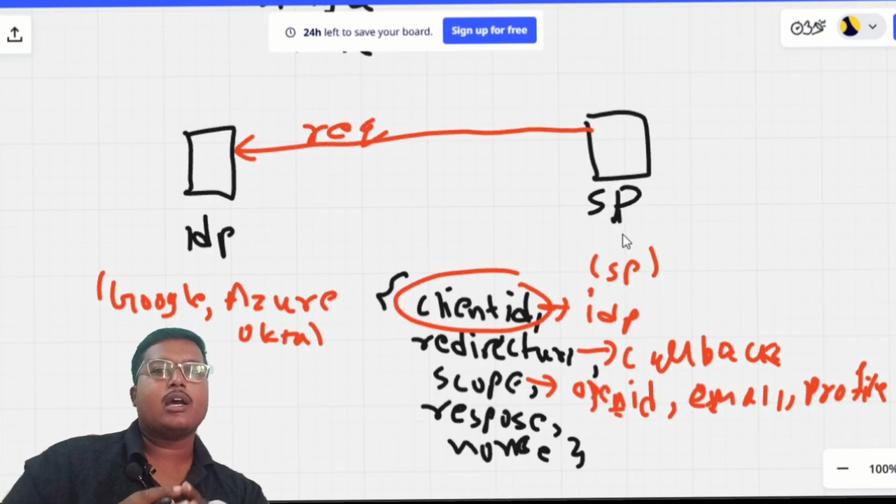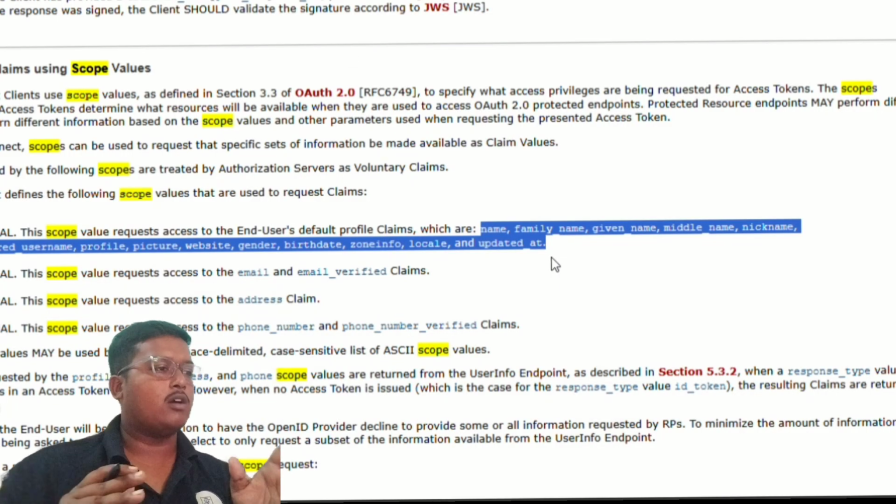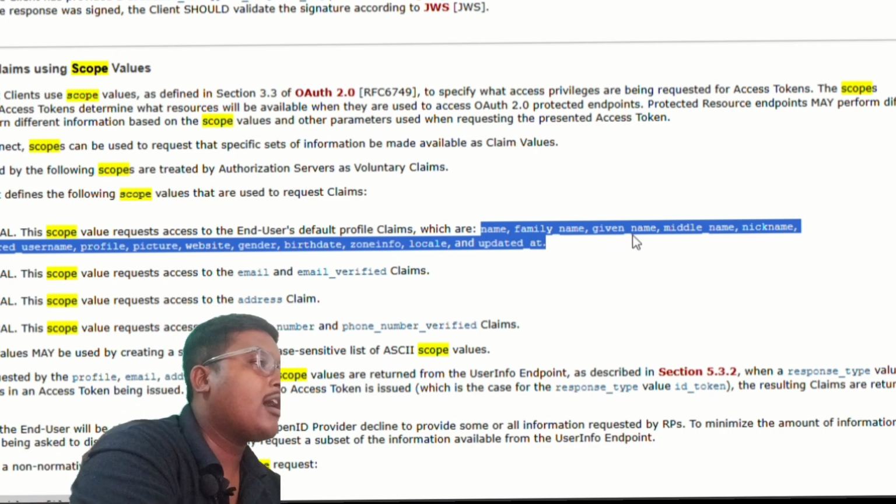And apart from it, if you want another detail of the user, like the phone number or address of the user, you can also put that here in the scope. But there are certain terms and conditions: a scope should be supported by the IDP. Like in the OIDC page, we can see how many scopes we can get